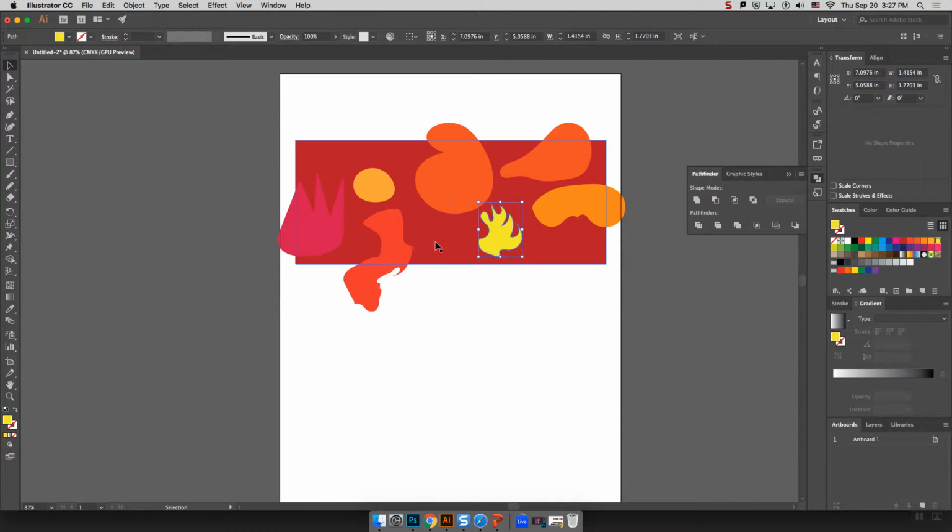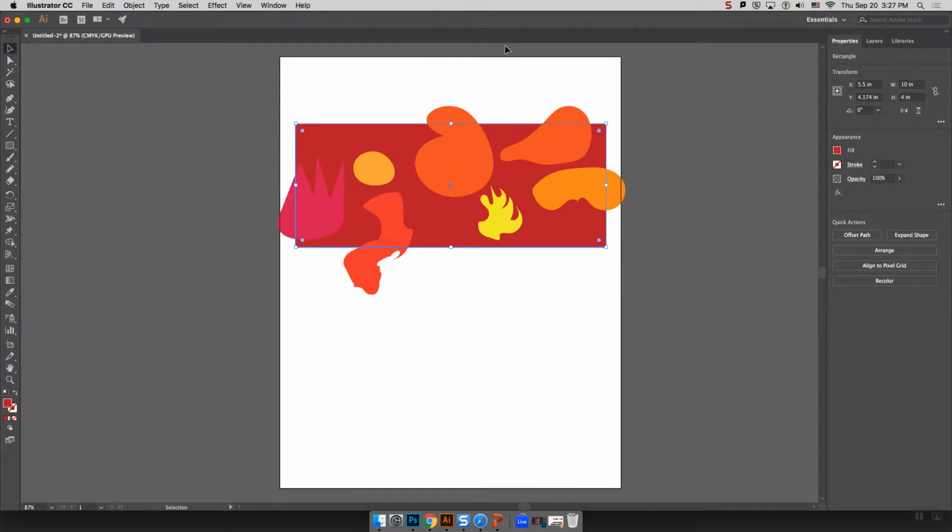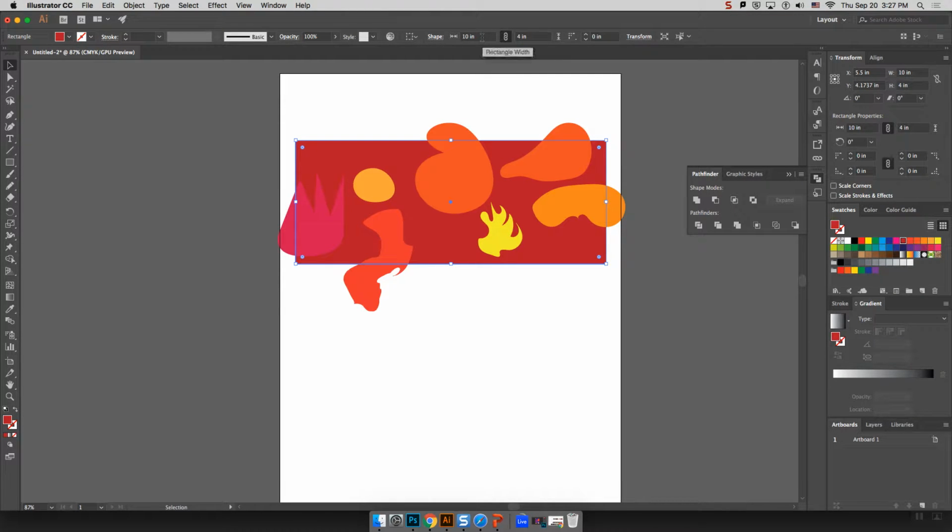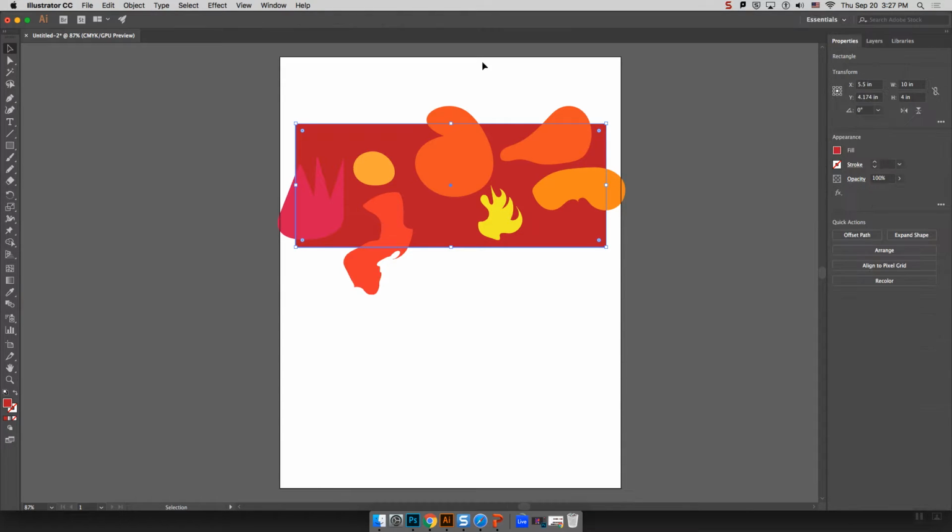They'll line up perfectly on this square because if we look up here with it selected, it's exactly 10 inches. Remember, yours might look like this with no panel up at the top. You have to switch it to layout to get to the way that I'm teaching, which is literally the only way that I know how to use it. I don't understand how to use Illustrator when it looks like this. Anyway,